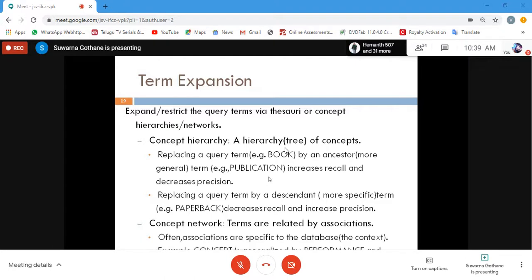Here it talks about thesaurus, concept hierarchies, networks. If you go to Microsoft Word and right click on any word in a document, you can find synonyms for it. A number of words get matched, right? Here also the same concept is used.